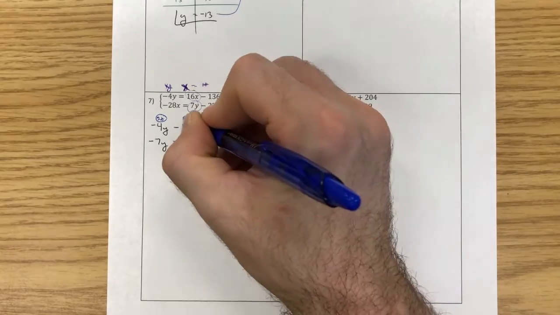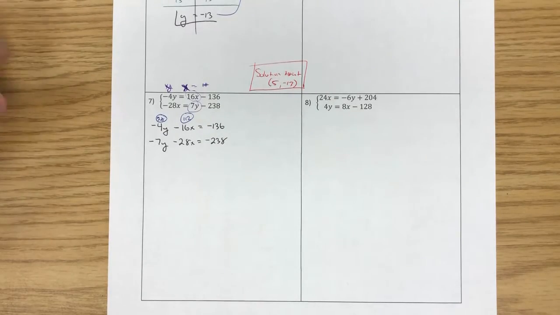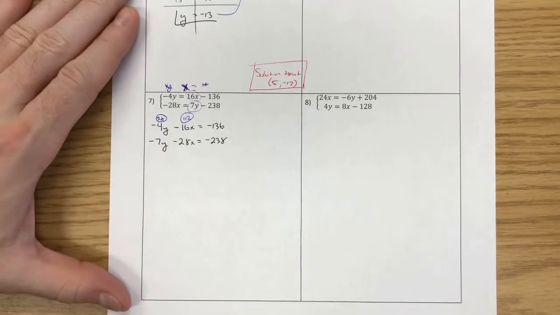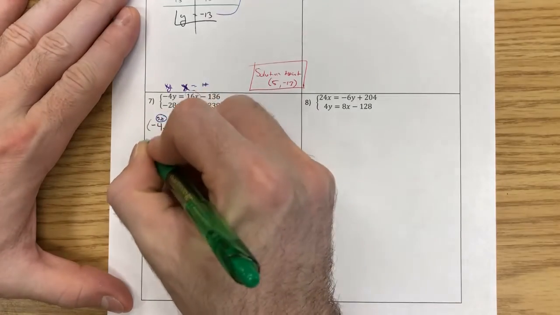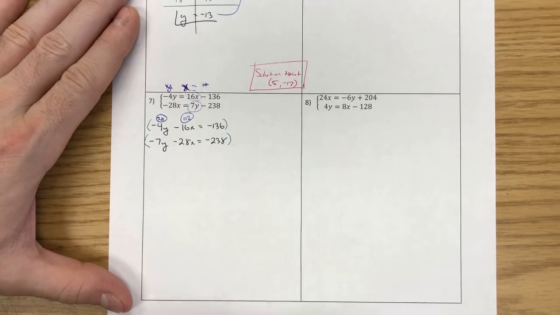This one's going to be 112. Just because that took so long to figure out what the least common multiple was, let's go ahead and go with the 28. It's a little easier to figure out. And now,